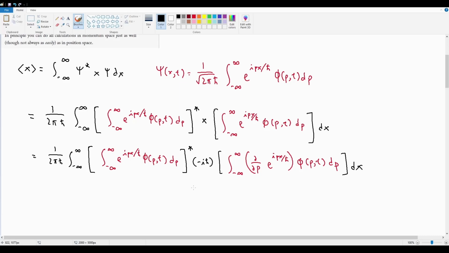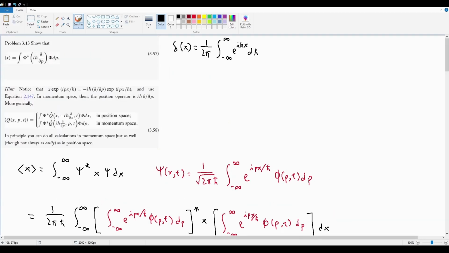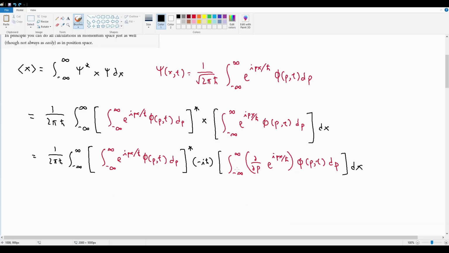Well, remember, the second part of our hint is to use equation 2.147, which is this equivalency of using Dirac delta. And the reason why we want to use it is because the Dirac delta has this very nice property that it can pull exact terms out of integrals. So if we can add some Dirac deltas into this expression by converting our complex exponential integrals into Dirac deltas, we can start getting rid of certain dp and dx terms. So how are we going to do that? Well,